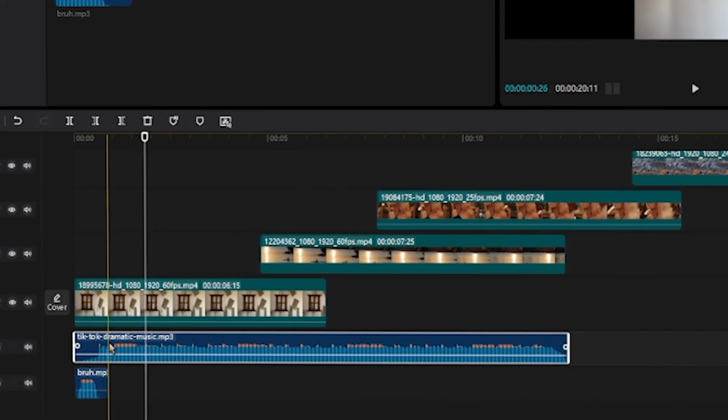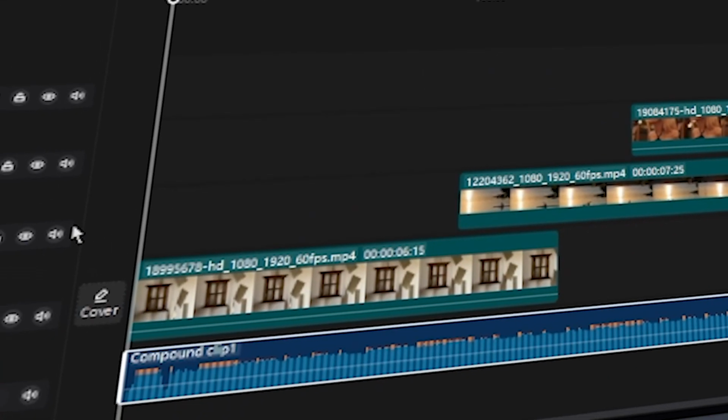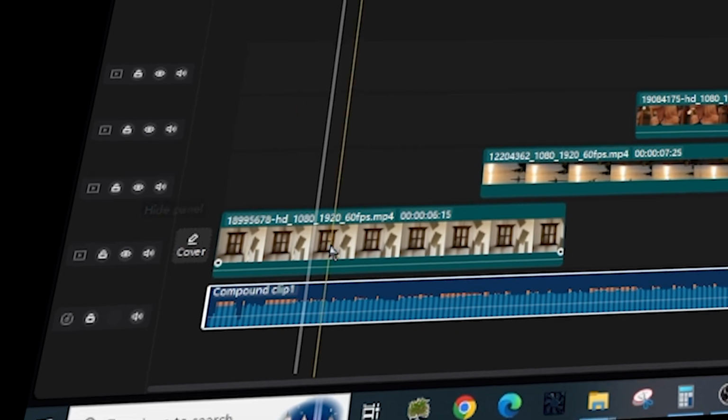This free tutorial will show you how to compound audio clips in CapCut PC free video editor online completely for